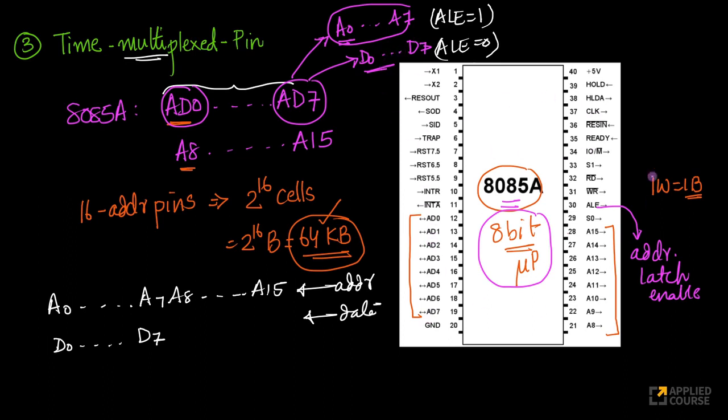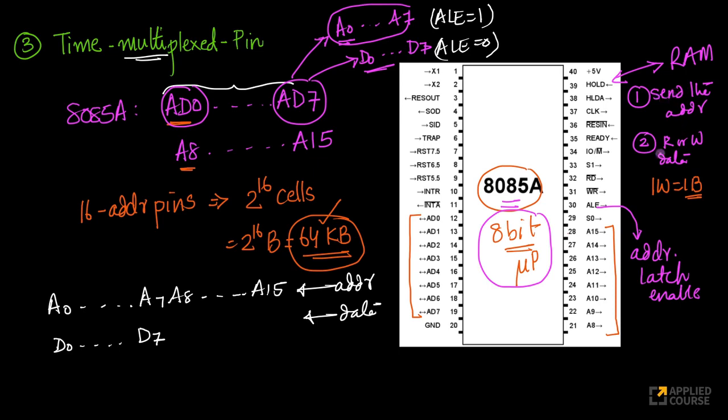Remember, whenever this microprocessor connects to a RAM, what happens if you look at it step by step? First, the microprocessor sends the address. The second step is to read or write the data from the RAM. So which means